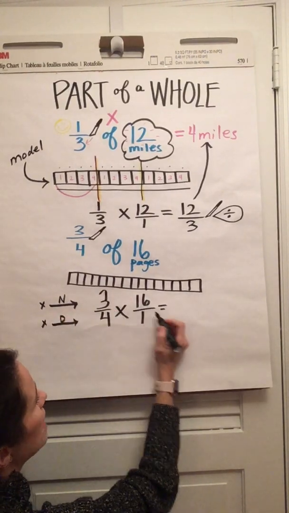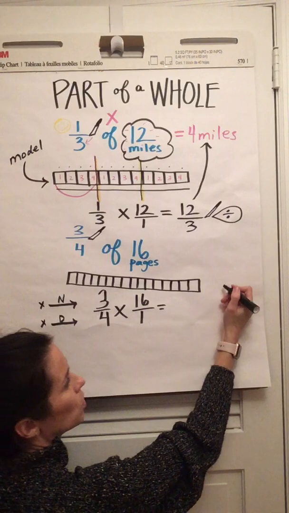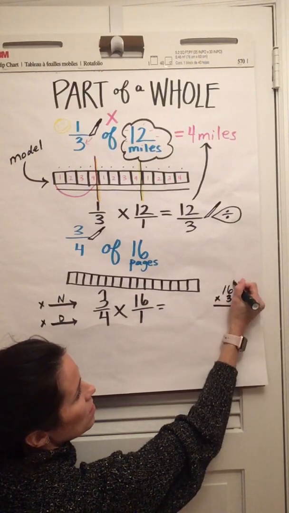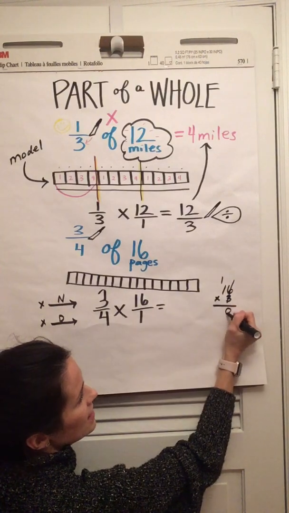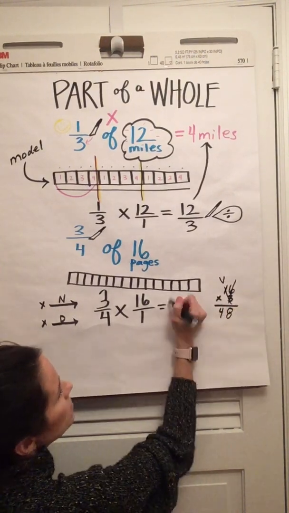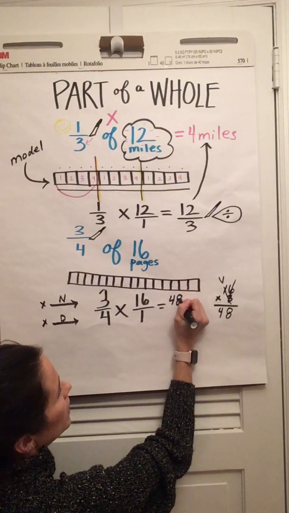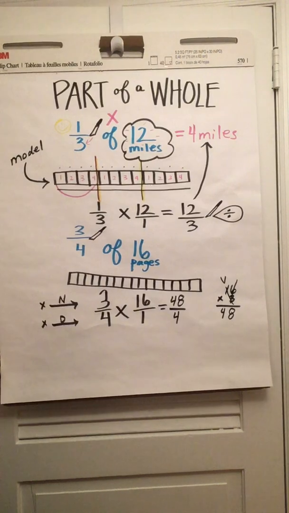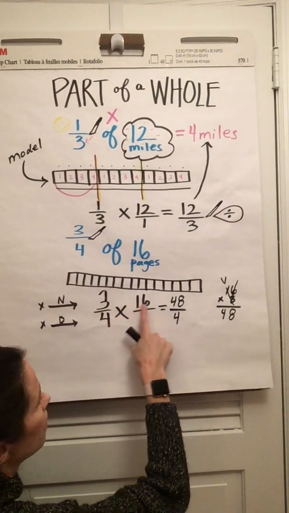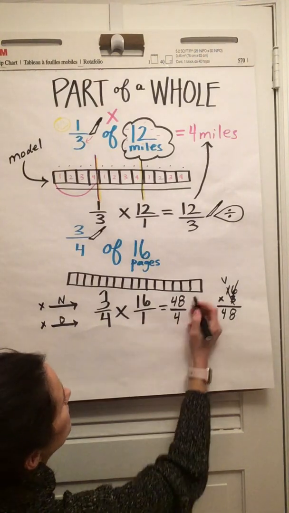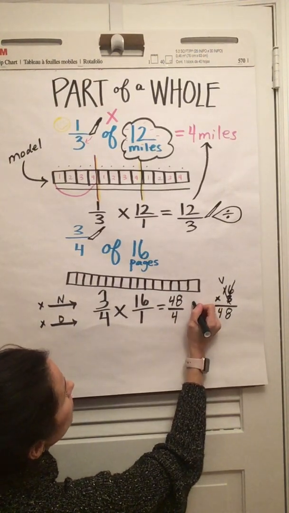So 3 times 16. It's okay if you have to do a little work on the side. 16 times 3. 3 times 6 is 18. 3 times 1 is 3, plus 1 is 4. So far I've got 48 over 4. Oh, okay. So 3/4 of 16, I get 48 over 4. But wait a minute. That means I get 48